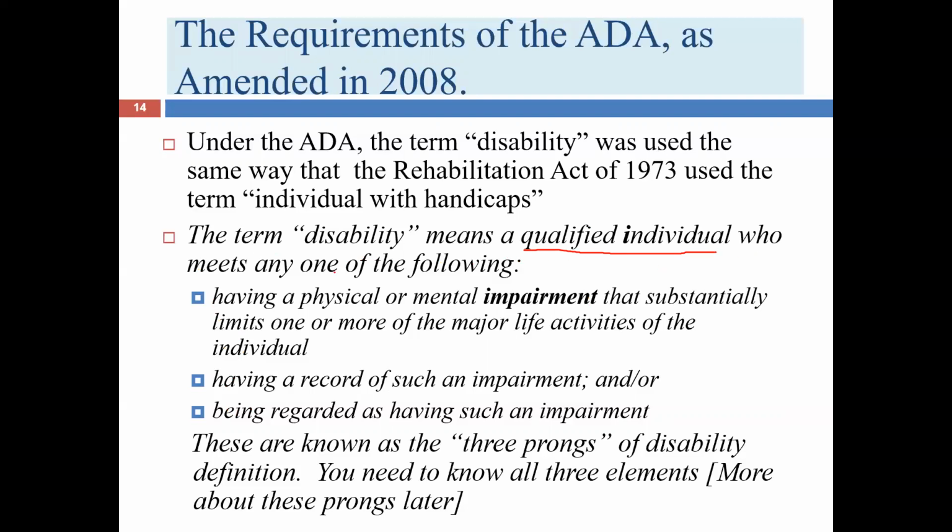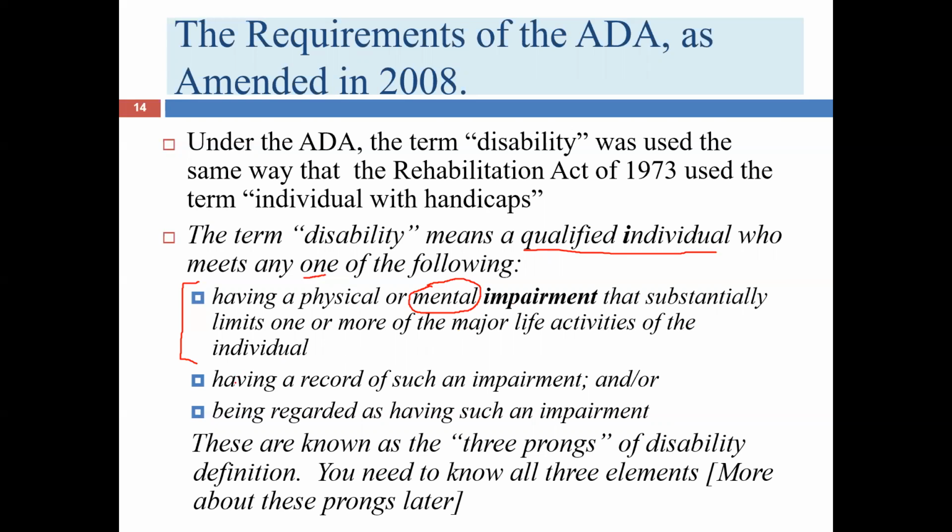Okay, so a qualified person who meets any one of these. So you just have to meet one. You might meet more than one, but you just have to have one. The first one is by far the most important. This is the rock star of this particular category. So a qualified person having a physical or mental impairment that substantially limits one or more major life activities of the individual. Now, when they say mental, the statute is referring to intellectual impairment as well as psychiatric impairment. And then, of course, physical impairment is also covered. We're going to talk in the next few slides about what we mean by impairment in more detail.